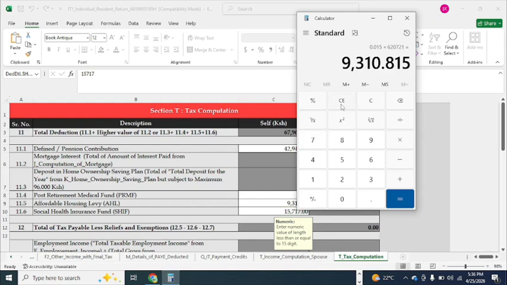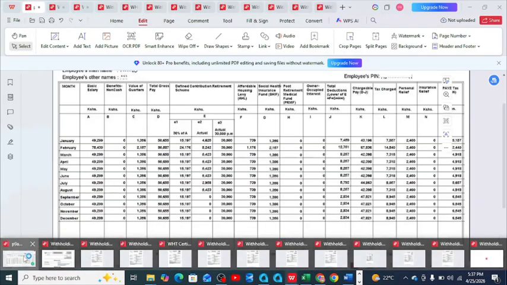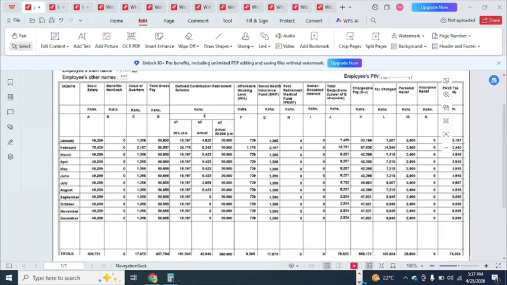So we can come here and get the value of the SHA, which is 2.75% of your gross salary. So it is 0.0275 of your gross salary, which is in the P9 form. Let's get back to the P9 form, which gives us a value of